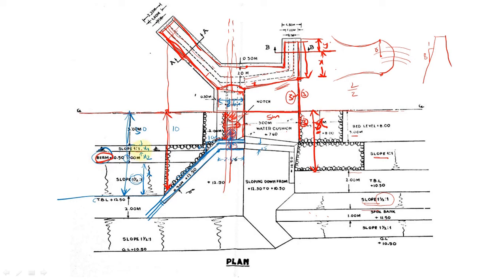Based on the slope values, you can calculate x1, x2, x3, whatever it may be, and you will get this total length. So drawing the bottom, this is the mirror image. You can see this is the dotted line. This is the top plan. Exactly the mirror image of this dotted line on the bottom plan is the top plan.